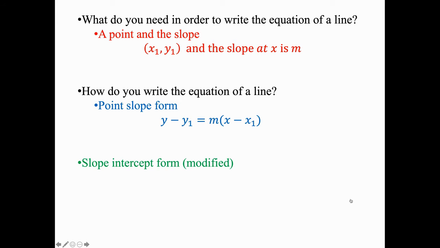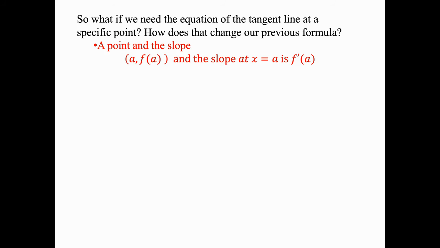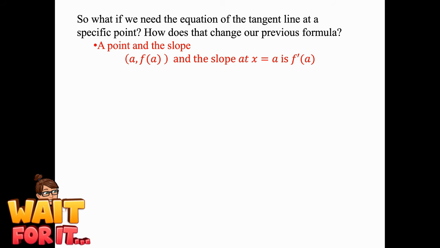And we can modify this into slope intercept form. It looks something kind of like that. So notice all I did was move the y1 term to the other side. Okay, so this is something we're used to. Now this is if you're using the secant line though. Remember, we're trying to use the tangent line to do our linearization, or in other words, our approximation of our original function. So if we need to find the equation of the tangent line at a specific point,